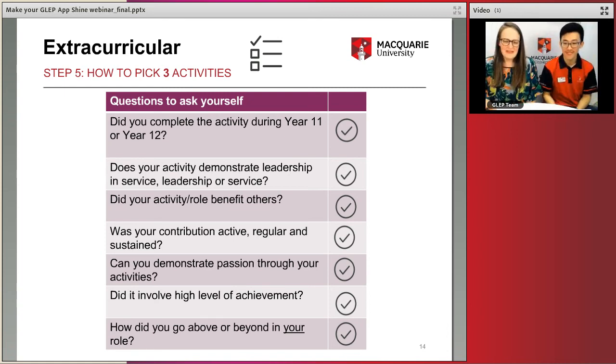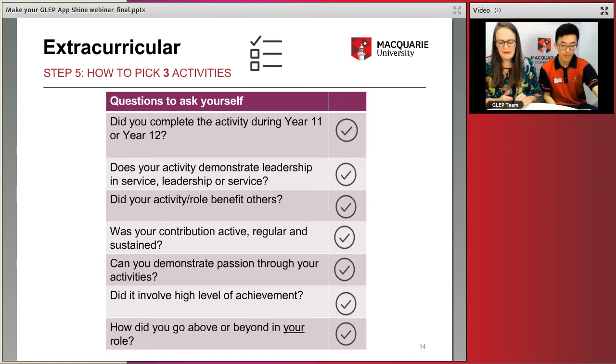So I know that this is the crux of it for a lot of you guys, thinking about what information you should supply here and what we're going to be looking for in your application. So first of all, think about your top 3, okay? We're only looking at 3 activities, so make sure they are absolutely the best ones to put forward, that best